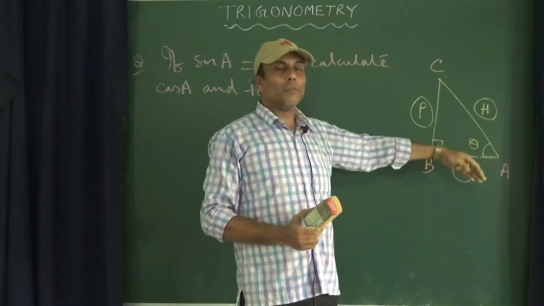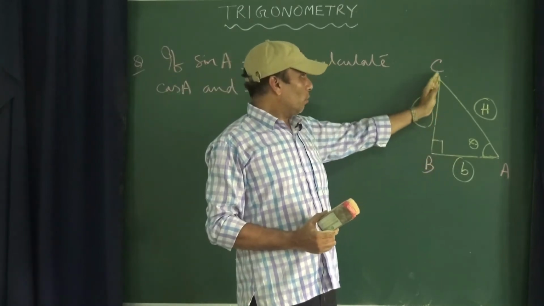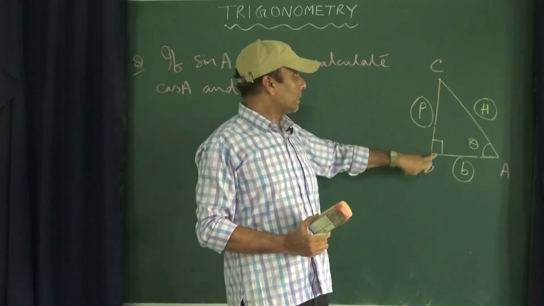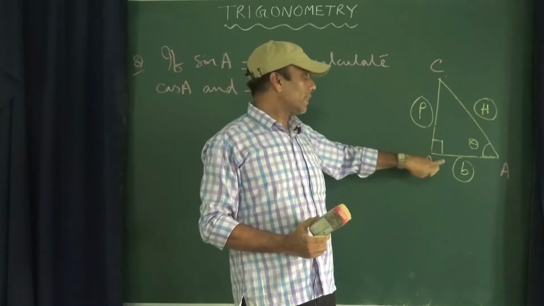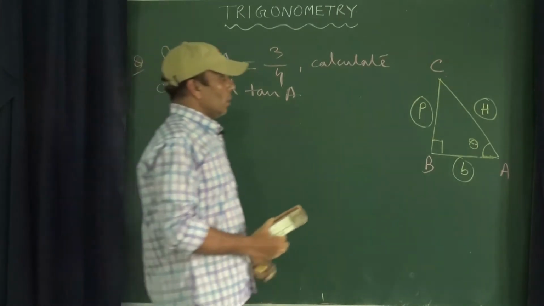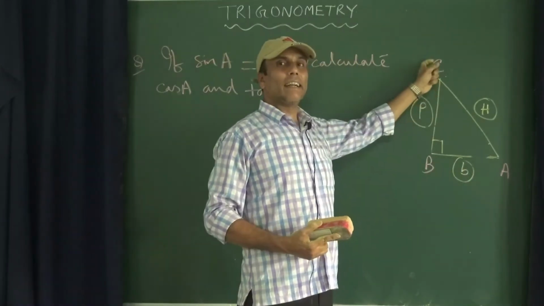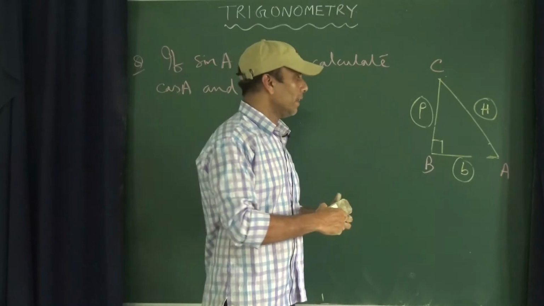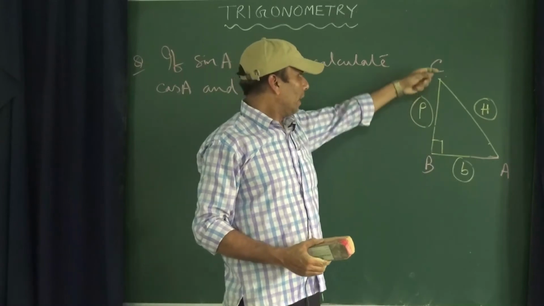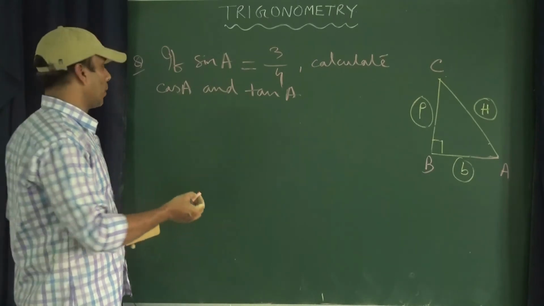Generally we take the one at the bottom as base, and this vertical line as perpendicular, but not necessarily all the time. It may be our base also, and this may be our perpendicular also. If we write A here, then this AB will become the base, and the other, BC, will become our perpendicular, because we are dealing with angle A. So here theta is not required. ABC is a right angled triangle in which angle B is 90 degrees, A angle is lying on the side AB, and C angle is lying on the side BC. We are given sin A equal to 3 by 4, so from here we will start our solution.